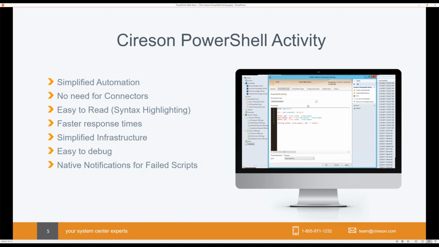So with that out of the way, let's hop into a little bit about the PowerShell activity. The idea around the PowerShell activity is to really simplify small-scale automation within Service Manager. So there's no need for connectors. The scripts are written and stored right within Service Manager itself, right within the Service Manager console. We do provide syntax highlighting, and the response times are noticeably faster because all the scripts are being run by